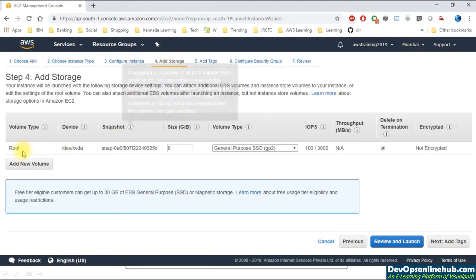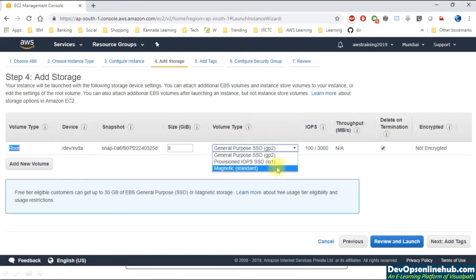Then go ahead and add step number 4, where we are going to assign the storage part. I'm going to select 8 GB of hard disk, which is going to be the root volume, or we can say the C drive when we are dealing with a Windows based machine. So this is going to be my root volume, of size 8 GB. We are going to choose general purpose SSD volume, which is one of the types.